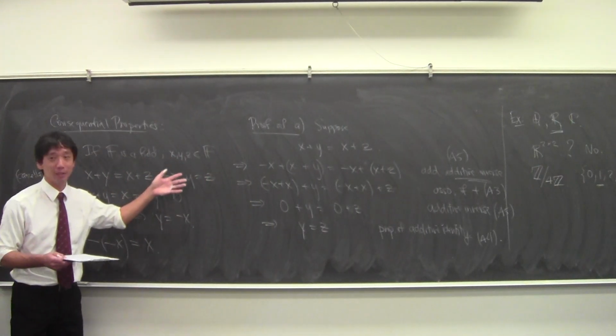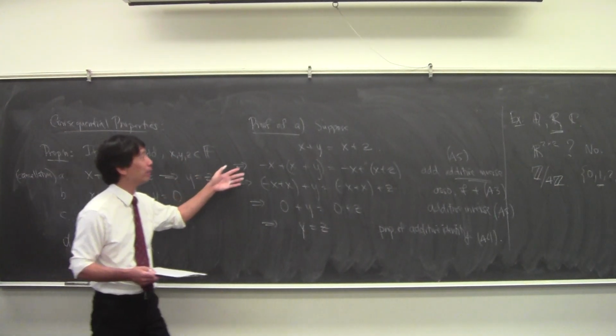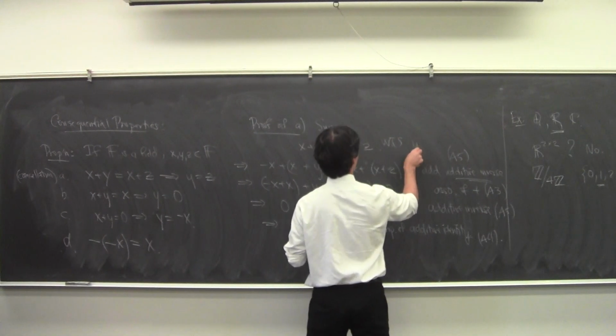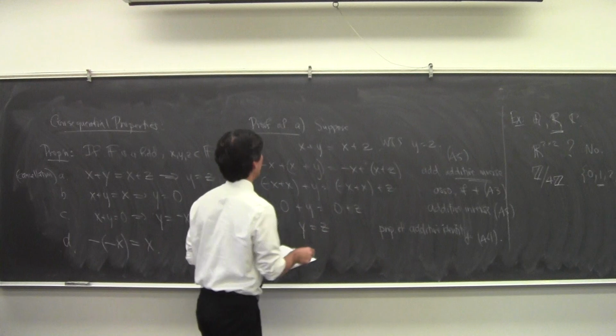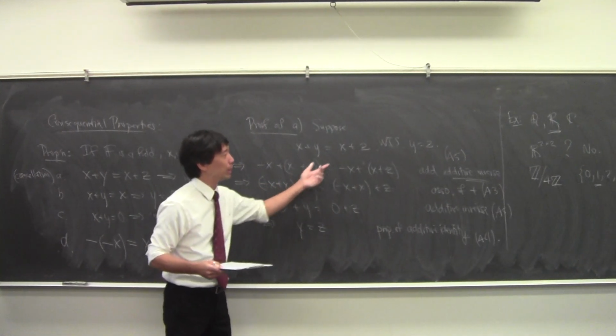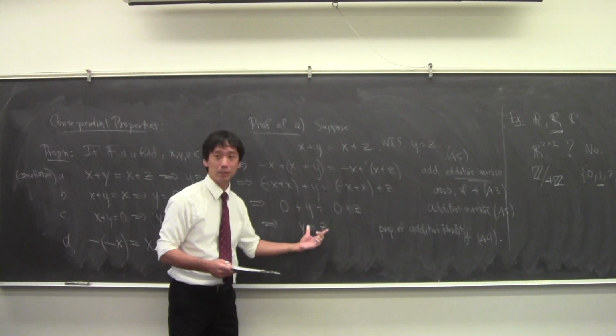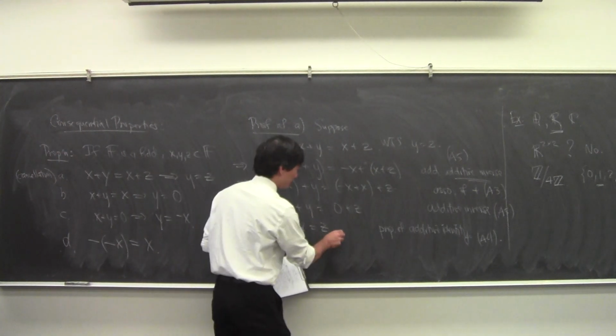But it's true. This is how you write a proof, right? You say, okay, we want to show that y equals z. You say, well, if this is true, then this is true because of that. This is true because of that, et cetera, et cetera. And then we get this is what we wanted, and you put a tombstone on it,